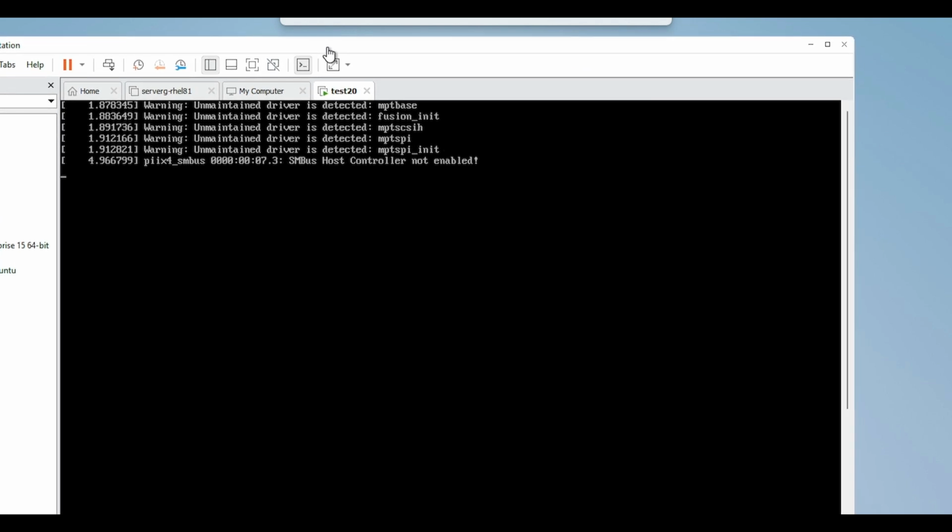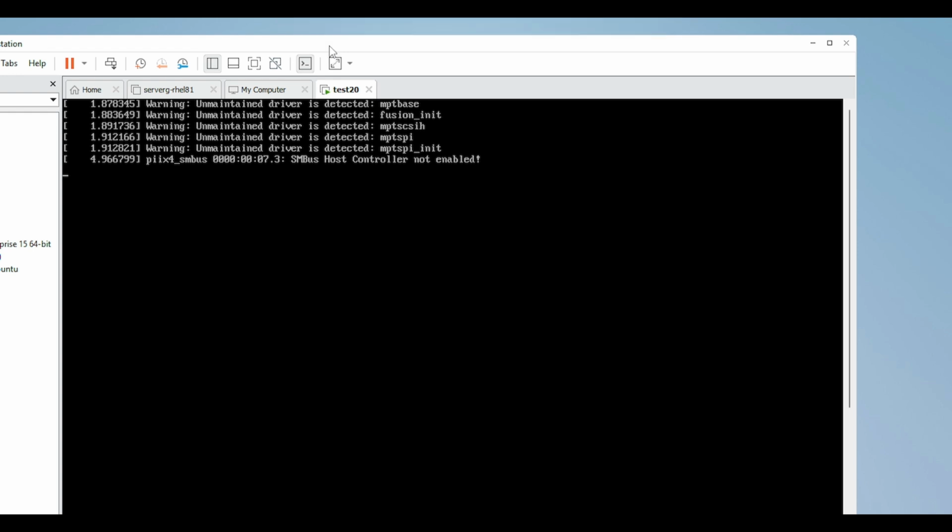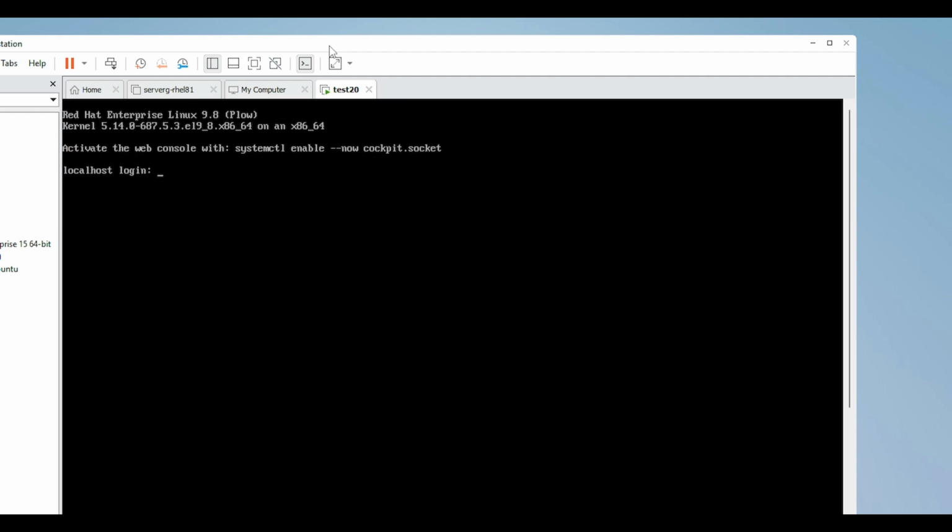So on maintain driver, it means there is an issue. Yes, in RHEL 9.8, do not worry about this. You have to install the driver for the Ethernet driver, but your operating system is ready.